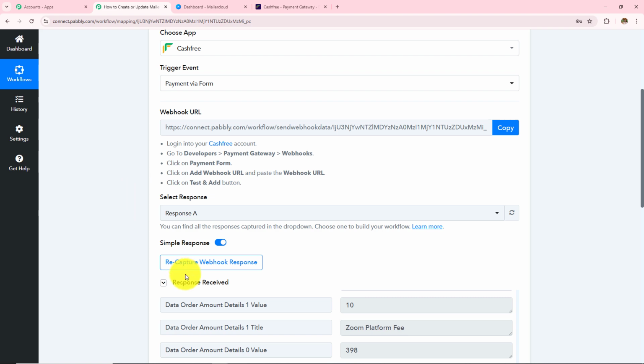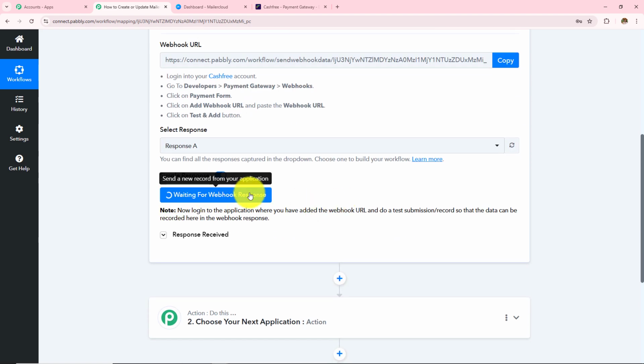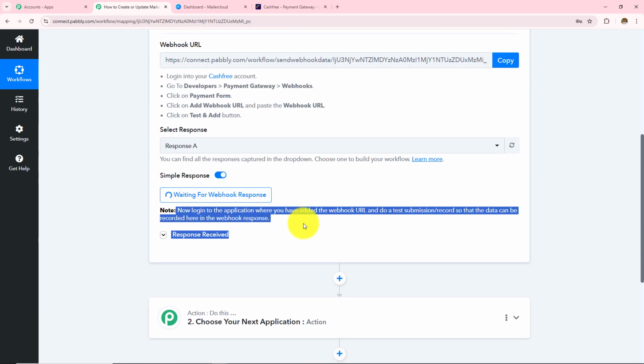Now I am going to click on this recapture webhook response and do a real-time payment. Now over here we can see it has changed to waiting for the webhook response, and under this it is written: now log into the application where you have added the webhook URL and do test submission so that the data can be recorded here in the webhook response. Now this means so as to get the webhook response over here, I need to do a test submission or